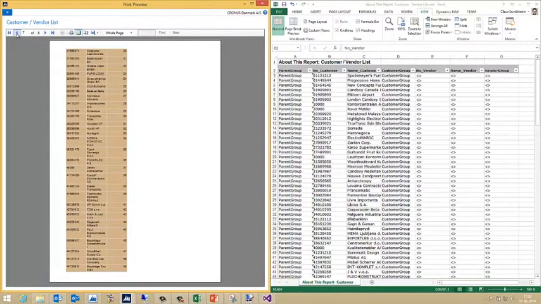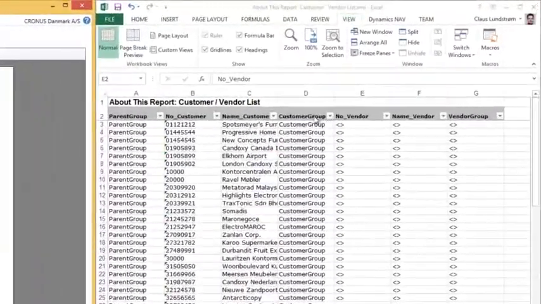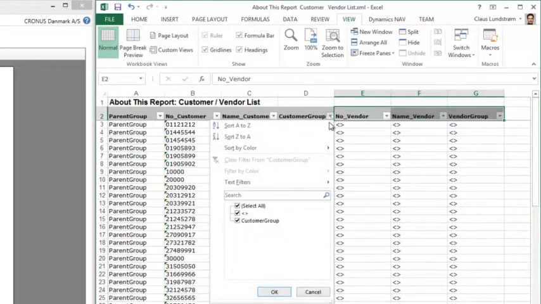So what's actually going on here? Well, if you remember, what I did was that I was grouping on the customer group, and if we look at the data set, for the customer I was grouping on the customer group, and if we look at this, the outcome is 2.